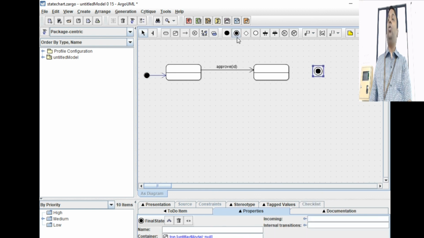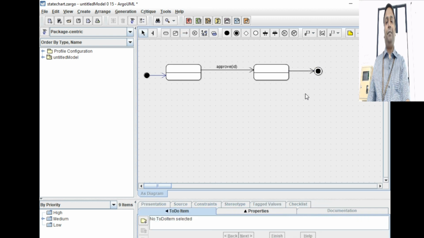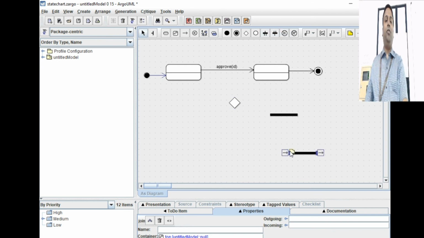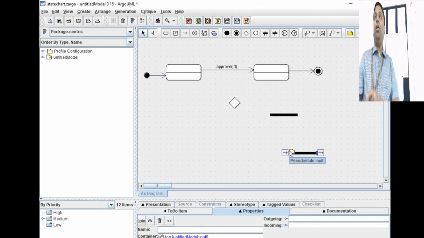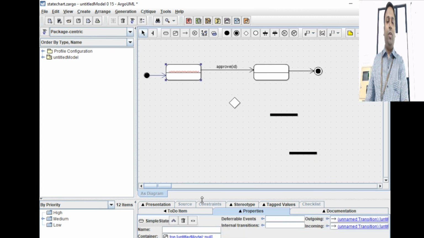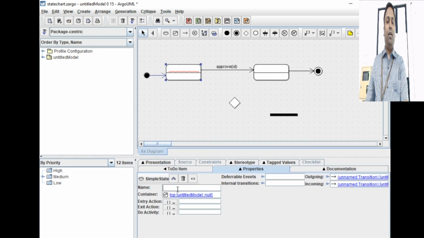When will an object go to a closed state? Only when it is not going to transit anymore. That you have to keep in mind, and you just link that here. Okay. And you also have notations for decision. You have notations for this fork, and you have notation for join, which you can use for modeling your state transitions. How will you give a name for anything? You just go and give the name here. Say, just type the name applied state, and you go here, and then you can say approved state.